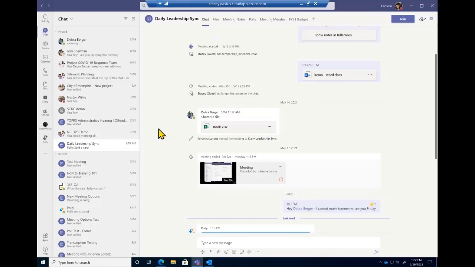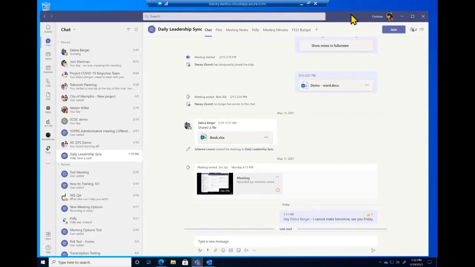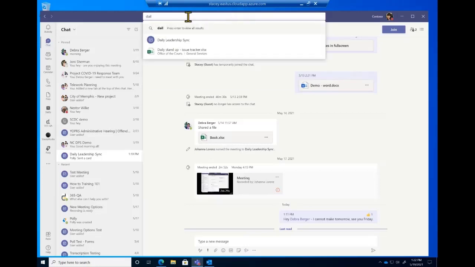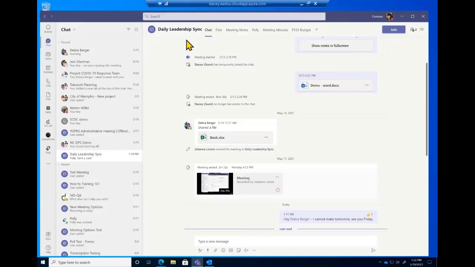There was one question, Stacey, if you can show again the search capability for finding notes from meetings. Yeah. So what I did in the search bar, and Ricardo could come off of mute and talk a little bit better about this, but I believe it is built off of SharePoint's search. So it's a very, very powerful search tool here. But if I typed in daily, because I knew the meeting name was Daily Leadership Sync, if I start to type that in by that keyword, it's going to pull that up.